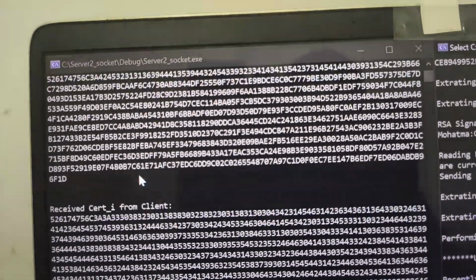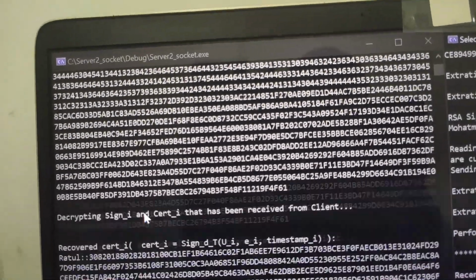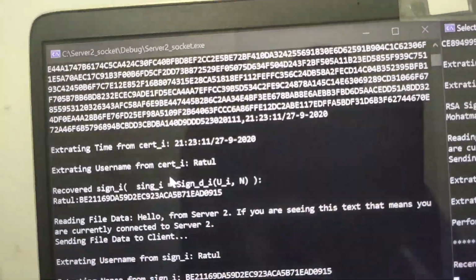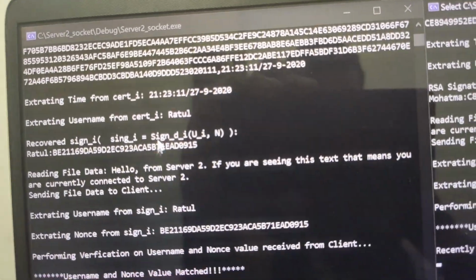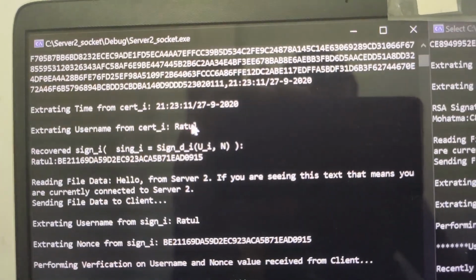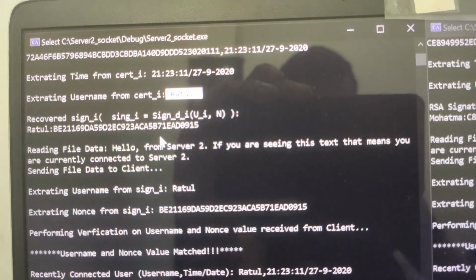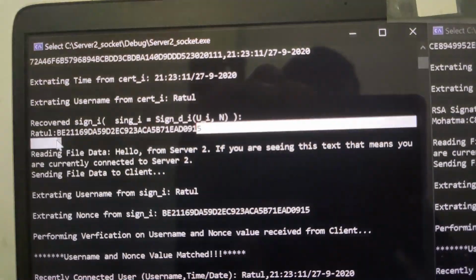So receiving sign-in and certificate I, and the decryption process here. Then the extraction. Over here we can see that Ratul has logged into the system, and this is his nonce value,